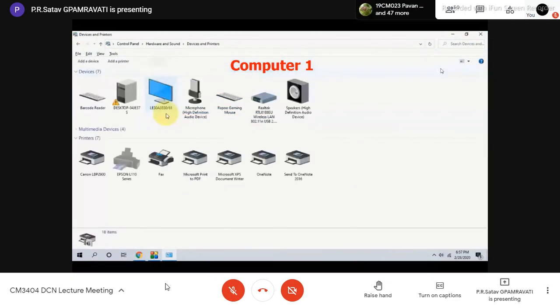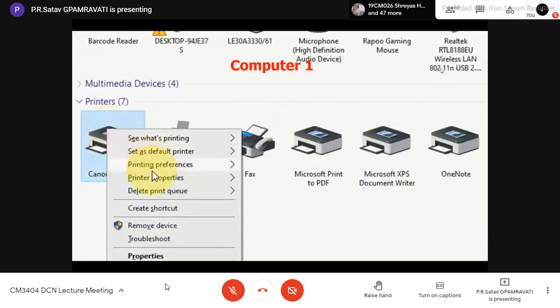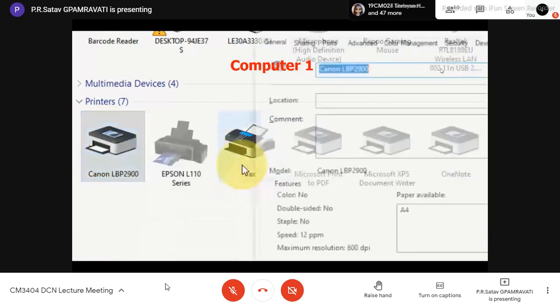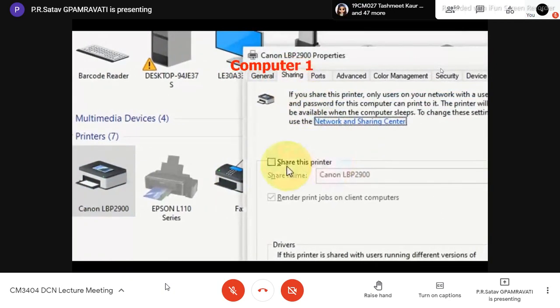An installed printer is already there, so you can select any installed printer. Here we select the Canon LBP 2000, and in printer properties you will get the sharing tab to share this printer.